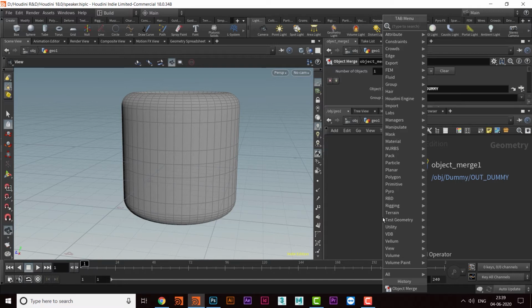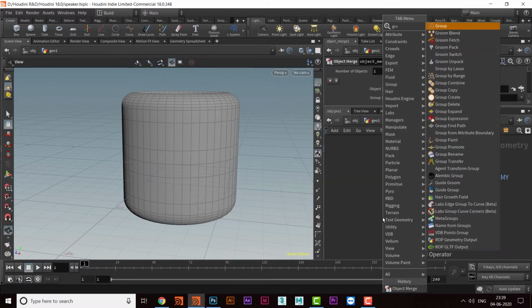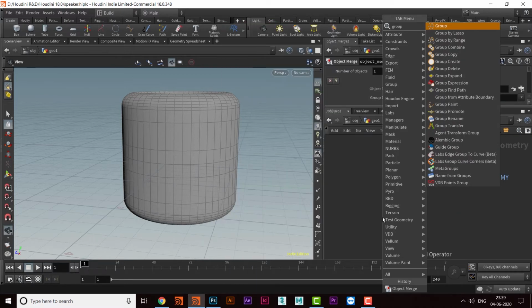Press tab and then write group. As soon as I write group, I get so many types of groups here. Like group, group by lasso, group by range, group combine, group copy, group create, group delete, group expand, group expression, group find path, group from attribute boundary, group paint, group promote, group rename, group transfer.